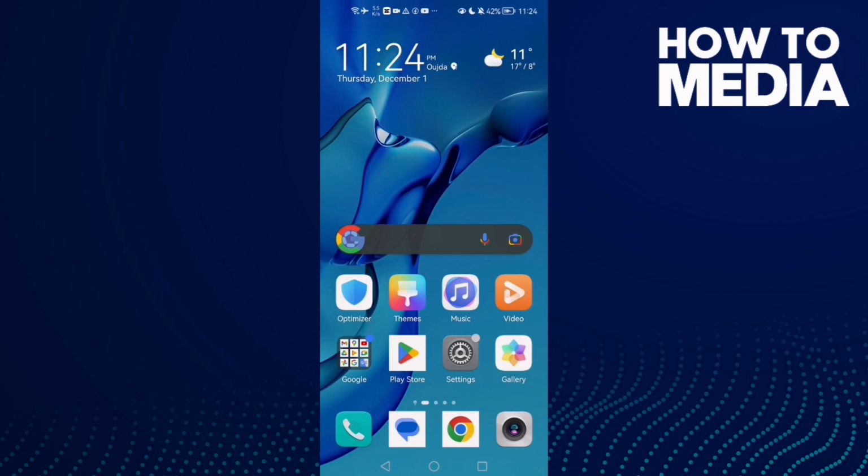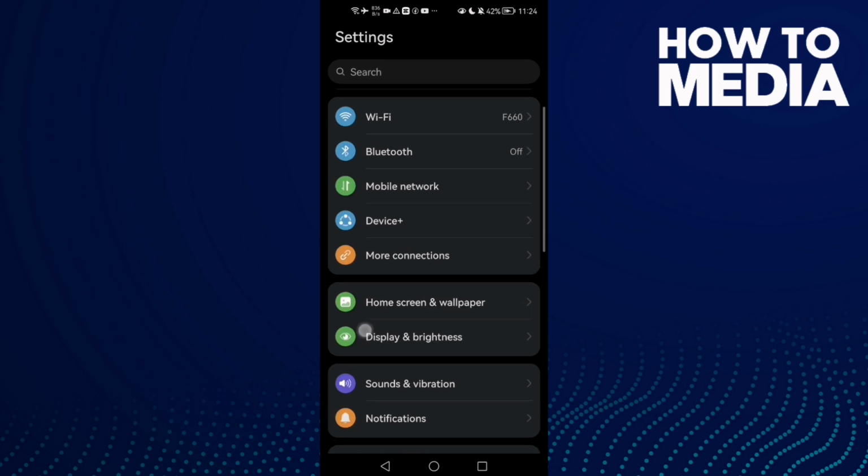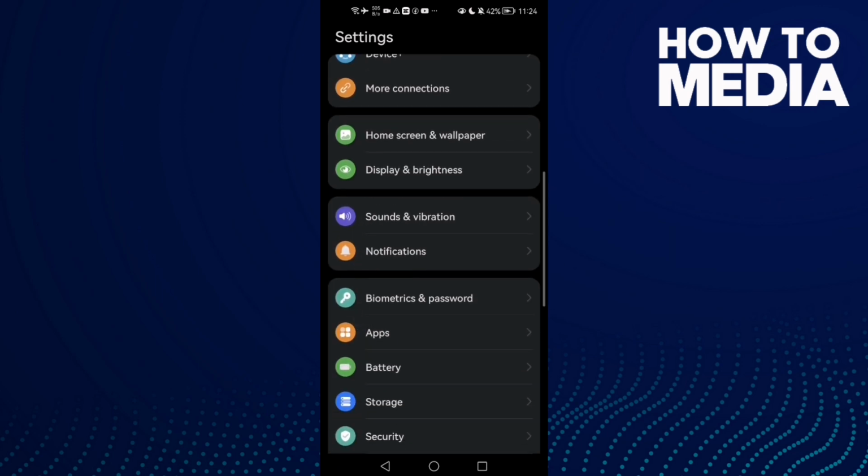How to fix Instagram camera not taking pictures on Android or iOS phone. Hello guys, in today's video I'm gonna show you how to fix Instagram camera not taking pictures on Android or iOS phone. First, open settings, scroll down until you find here apps,